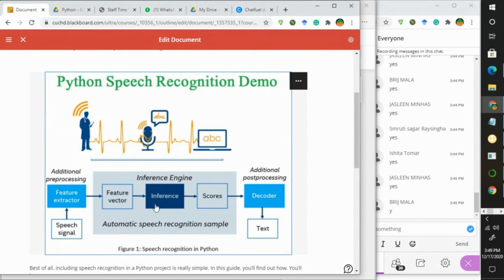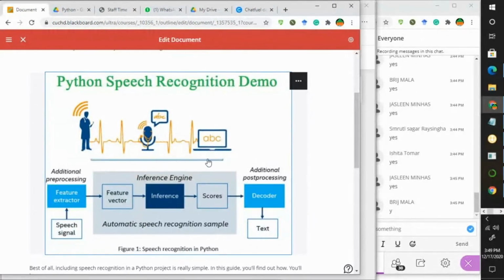Okay, so this inference is our pre-trained API, in which we have stored these words and we have to calculate the scores. If your features are matching with these features which are already stored, then scores are calculated, and those scores are applied to the decoder, which converts each score into text form. Okay, so this is a simplified operation for the speech recognition task.